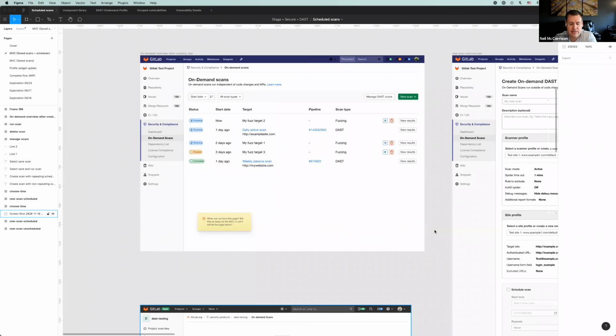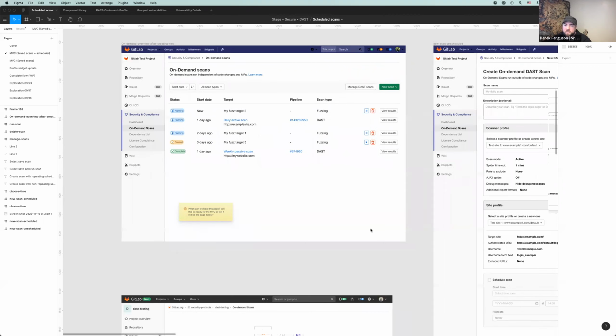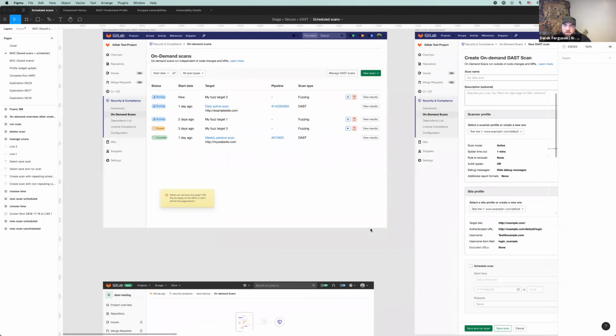I guess it's limitless once we have the data. If we choose to do this in the future and we hadn't captured data, it's just from that point forward. So capturing data now means we have more information later. Yeah, those are some of the things that I'd like to do eventually. Some of that falls onto threat insights, depending on the type of data that we want to show.